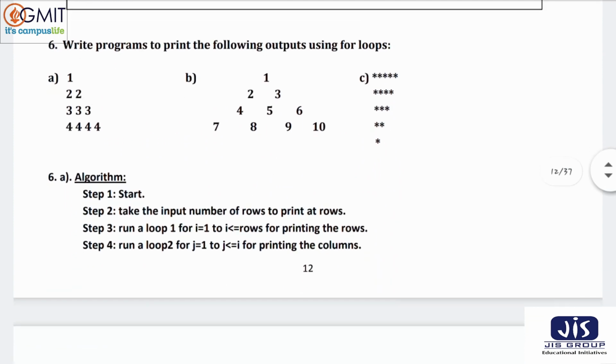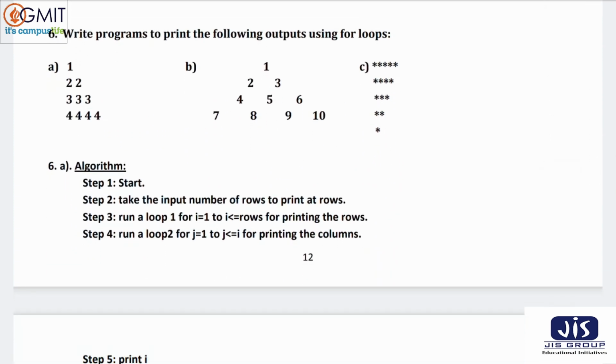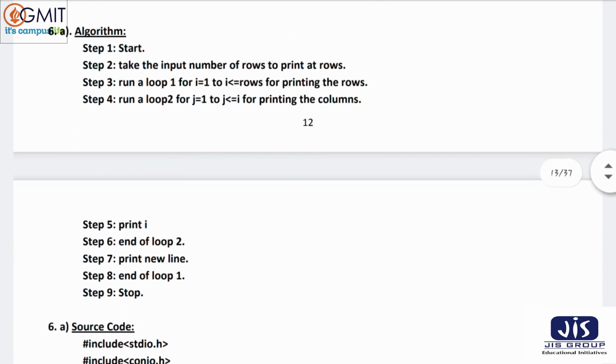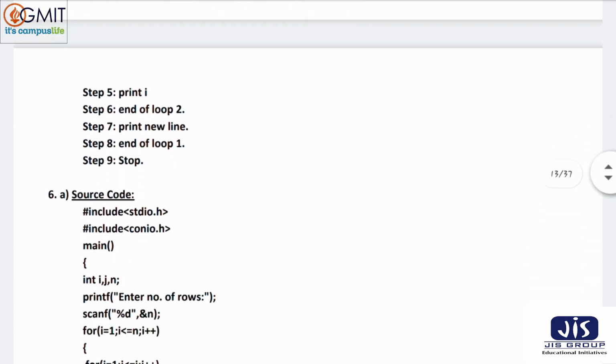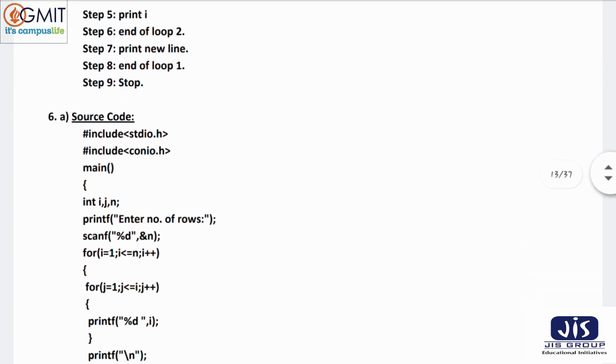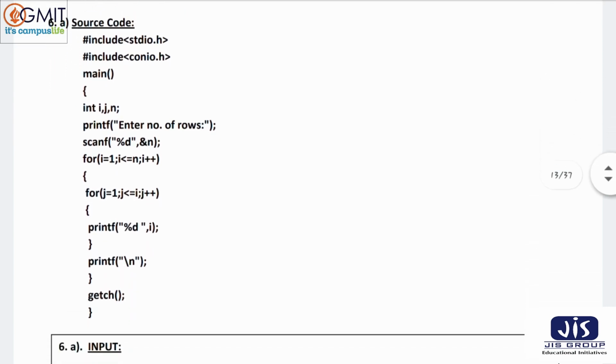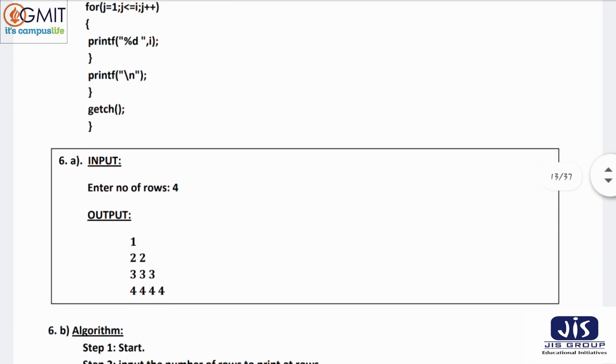Okay, suppose pattern. You have completed the pattern program also. Here is the algorithm 6A. First you have to write the question like this, then algorithm, and then this is the source code, and after that this is my output.